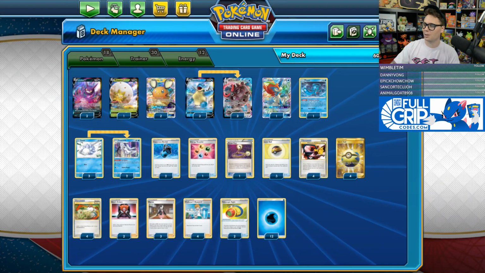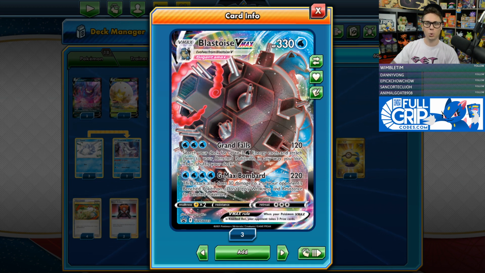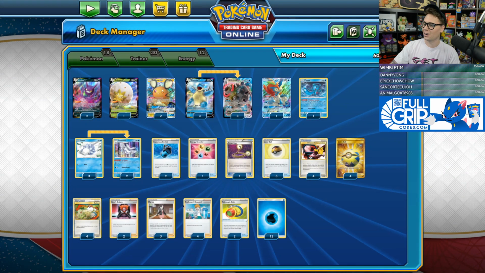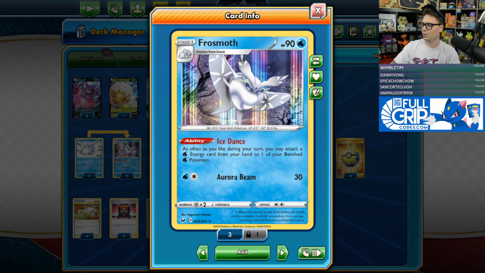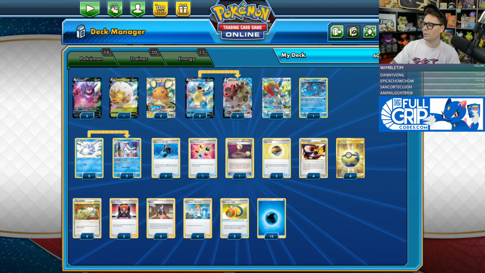You could play a copy of Air Balloon as well, but I think the day I was playing this deck, I was running into lots of Tool Jammers, so I decided to cut the Air Balloons. But Blastoise does have a retreat cost of 3, so I found that the switches are very good. But you could definitely cut a switch or 2 for a couple copies of Air Balloon, as Air Balloon does go very good on your Frosmoth to give it free retreat so that you can always accelerate energy to your